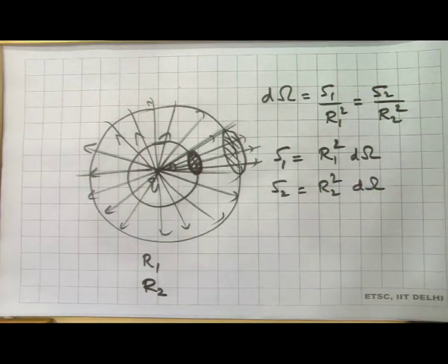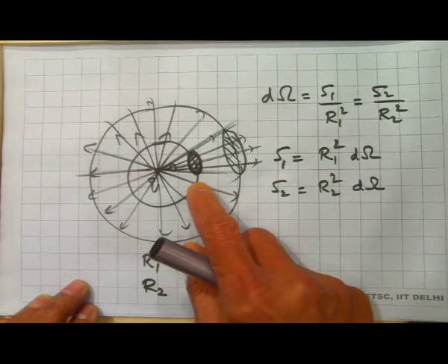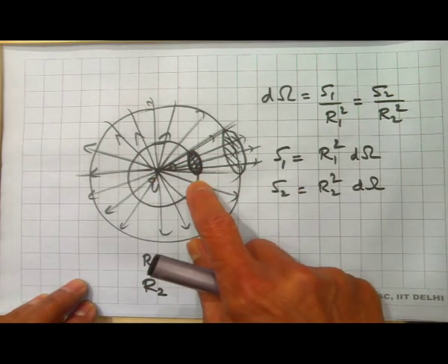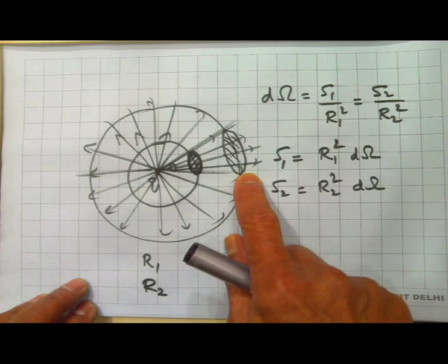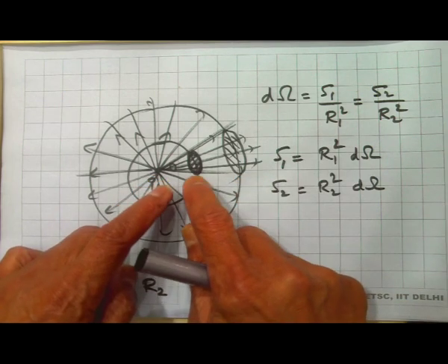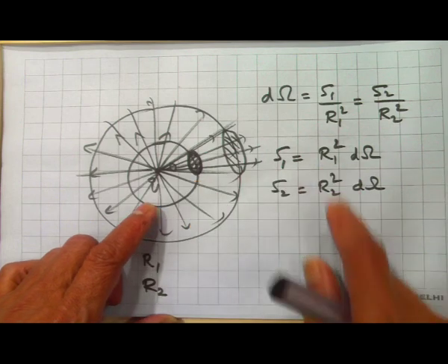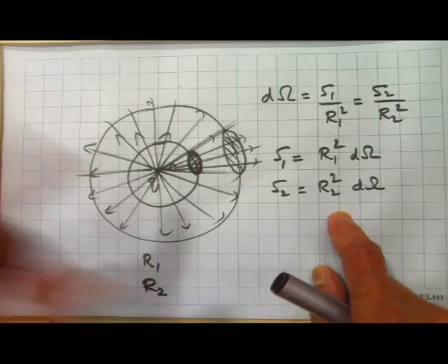As you can see here, the areas covered by the same solid angle on the inner sphere and outer sphere are different, and it is in the ratio of the radii. So, S 1 to S 2 is essentially r 1 square by r 2 square, and I also know that